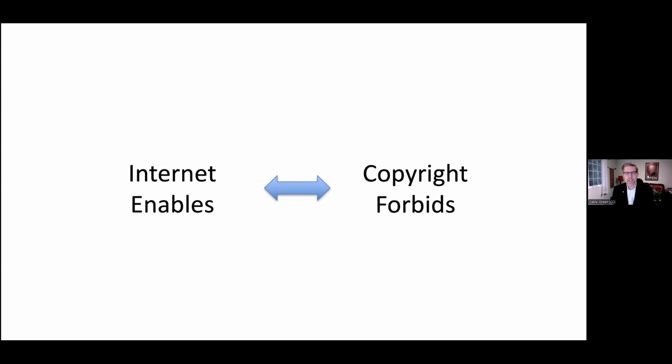So I used to be faculty at Ohio State University a long time ago. I don't know if you can tell, but I've got a lot of gray. I'm closing in on 50 years old. And I created digital things. I wanted to share them over the internet. But the problem was it was all rights reserved copyright. It was owned by the university. And so even though it was digital, even though I could make copies, even though the internet enabled me to share it, copyright said, no, others can't make a copy. Others can't redistribute it. Others can't adapt or modify it. So that's a problem.